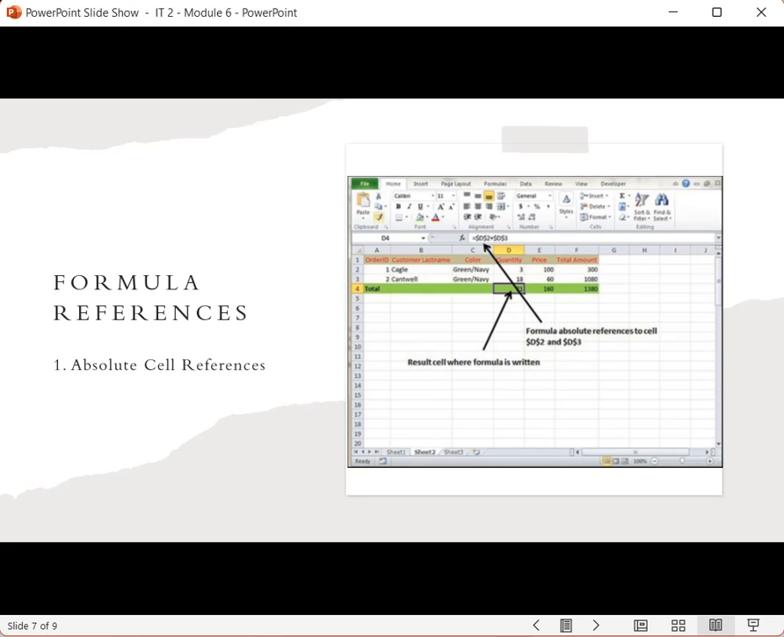So an absolute reference uses a dollar sign in its address, one for the column letter and one for the row number. So for example,